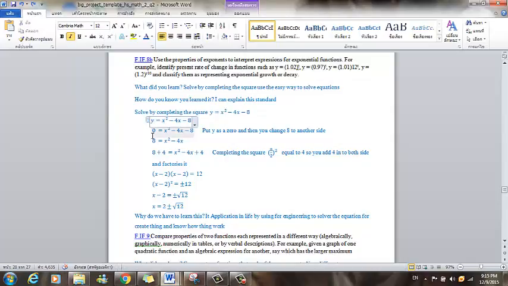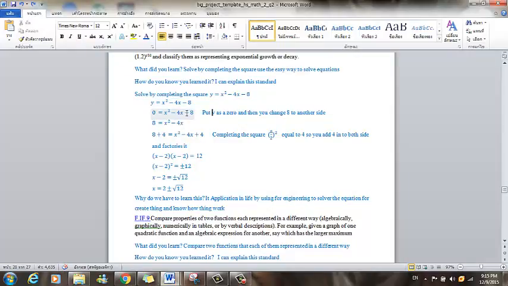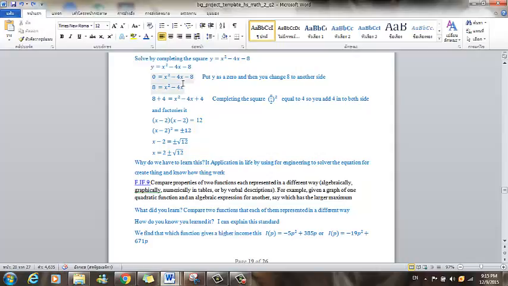You change y into 0, and then you change the minus 8 to 8 on the other side, and you're completing the square for x,